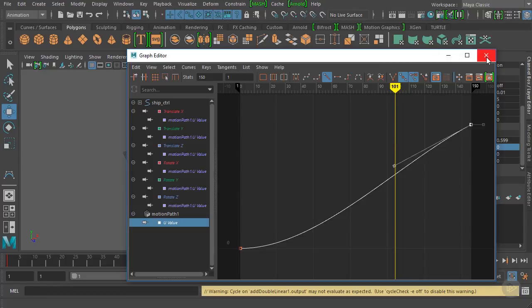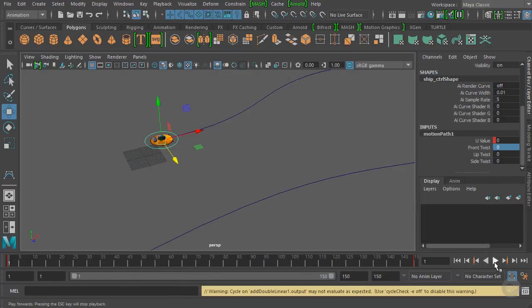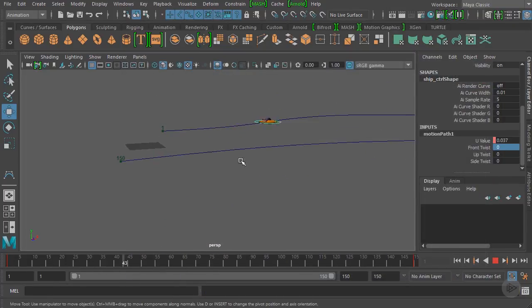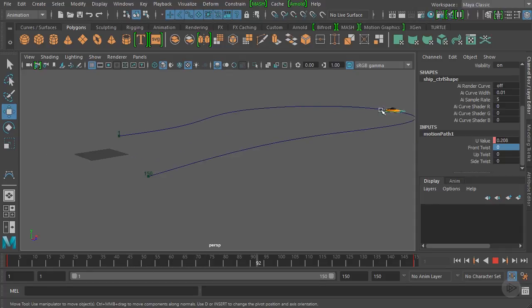And now if we go ahead and close the graph editor and then play this animation, you can see that as it gets toward the end here, as it begins to fly through our curve, it's not slowing down at all. It's just keeping a constant even speed all throughout toward the end of the animation, which is exactly what we want. So now that we've adjusted the spacing on the U value, which is basically the forward motion or how the UFO is actually traveling on the path itself,